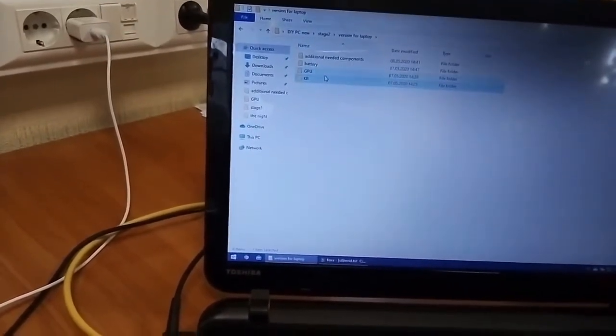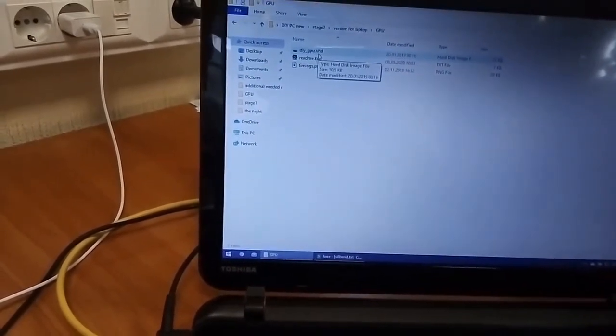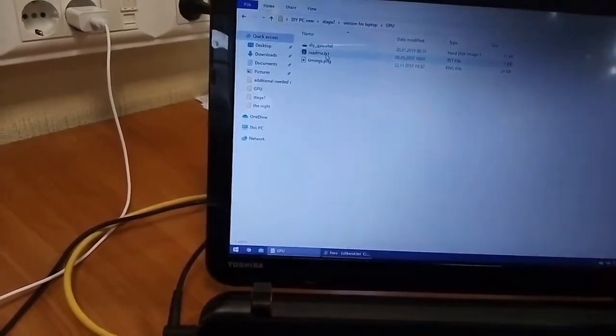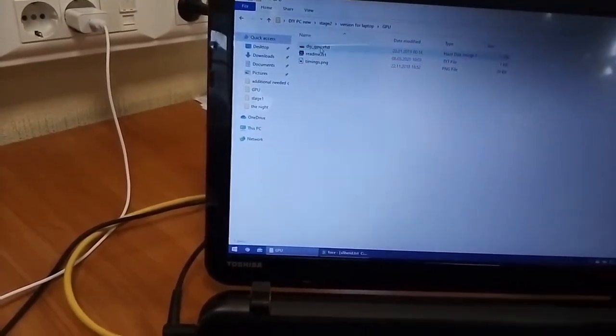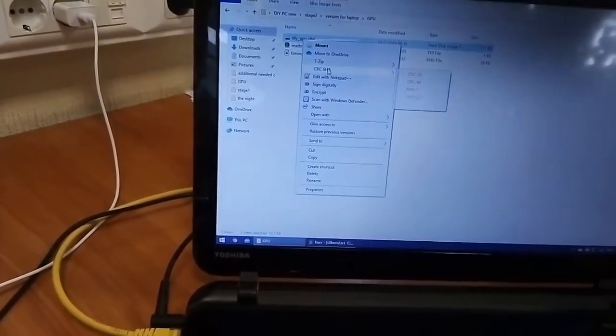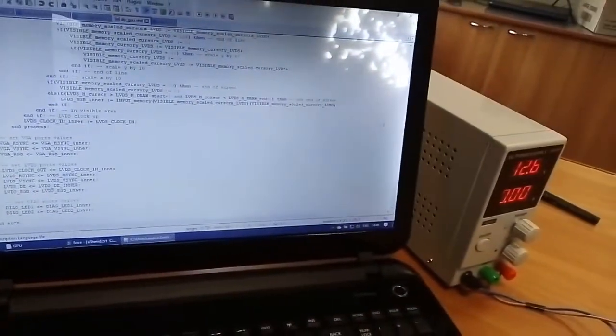With GPU, it's a little bit different. It's not an Atmel controller, it's an FPGA, and the code is different. I've put here a README file that you can check,